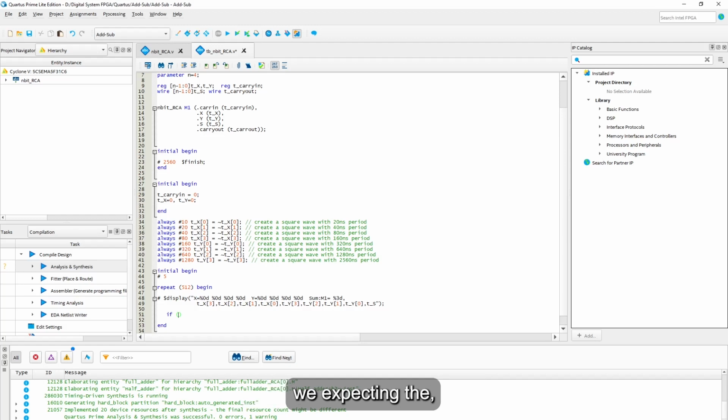So we're expecting the sum, if it's not equal to x plus y, if this is not, so we need to display,